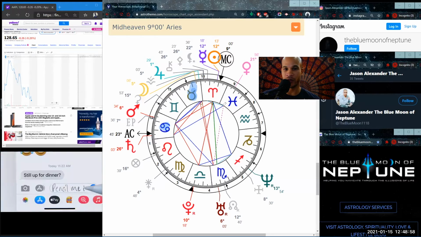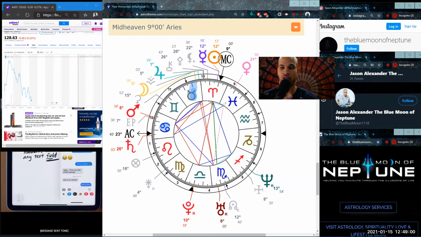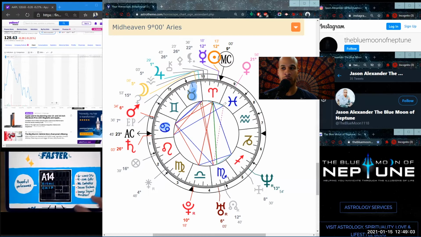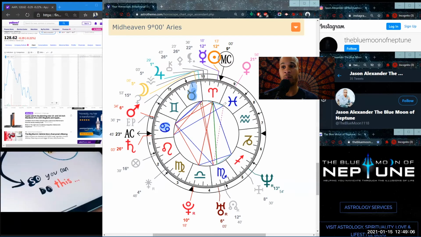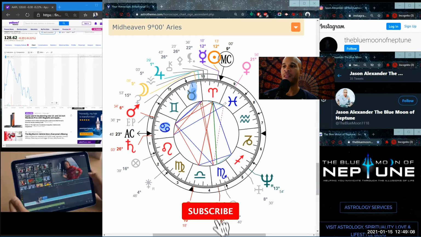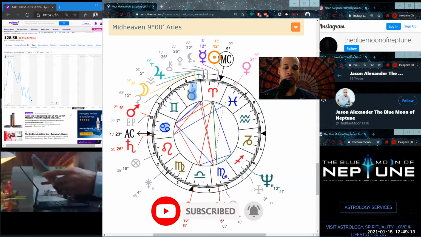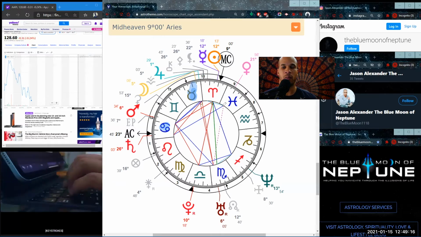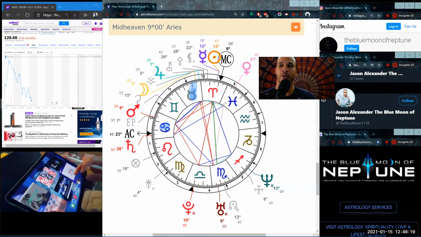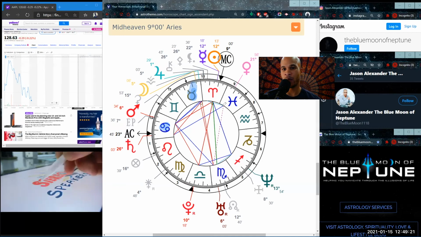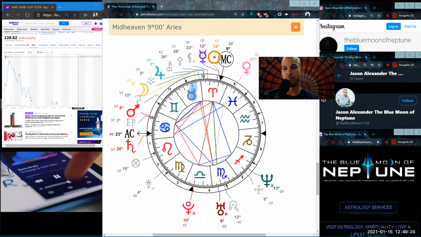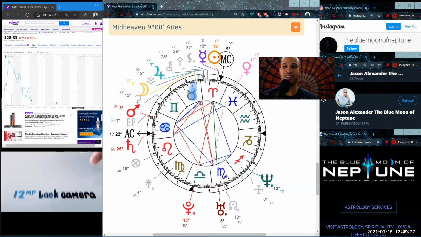It's concrete earth energy. Okay. It's the concrete foundation of things. So that is very, very, very bullish energy and a very good sign of this company always being stable. Okay. Especially on a level of making sure they do what they need to do. Okay. Because the Moon is the mother of the zodiac, the Sun is the father. The father wants to go out there and make the money, but the mother wants to make sure everything's stable and put in order in the house. Okay, so best believe that the Moon in Taurus is definitely going to give this company very stable energy, making sure everything is stable, making sure everything's in place, making sure everything is concrete, making sure all the bricks are